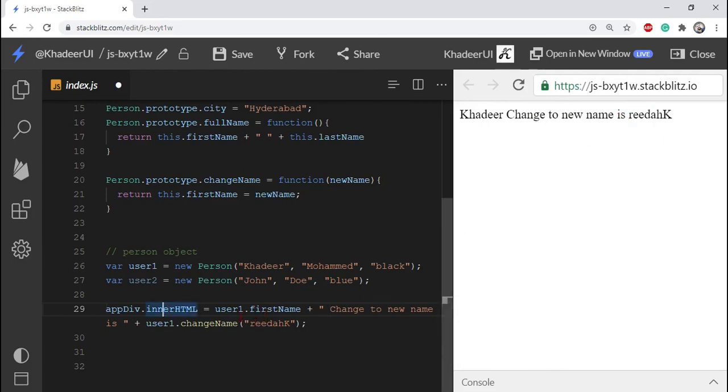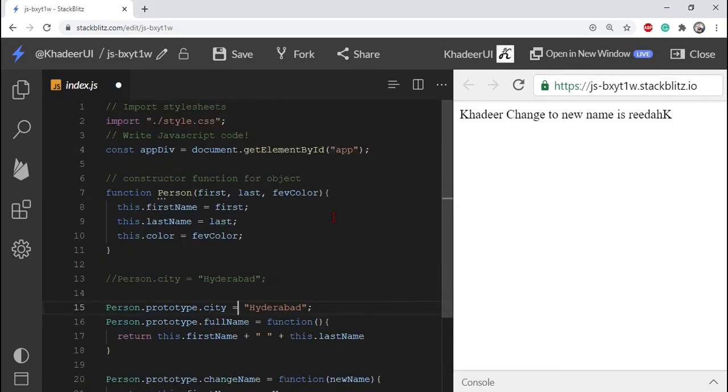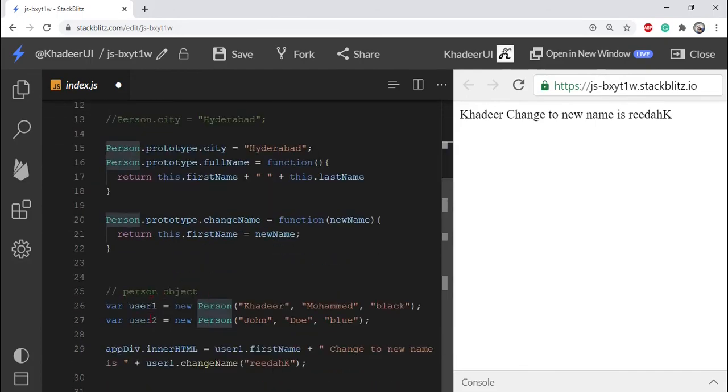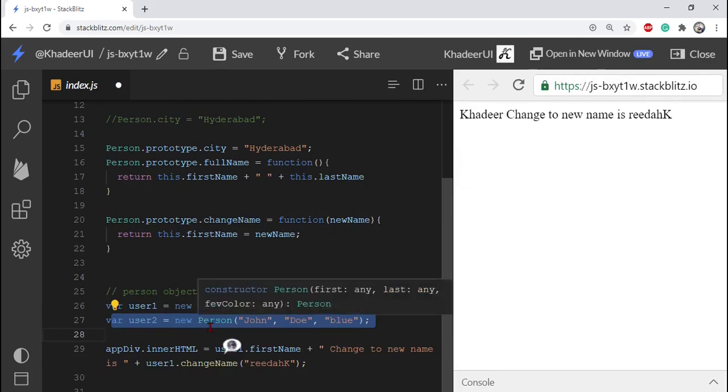So this is the process of how to use constructors and prototypes in JavaScript. Briefly, this is a constructor function, and this is the person object. You can write multiple objects of the same type.